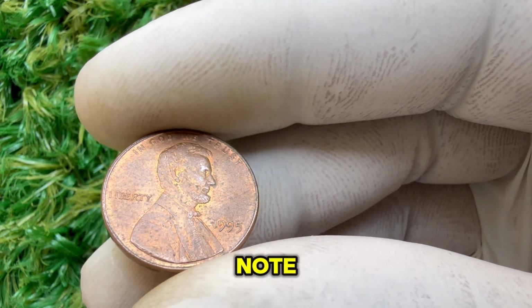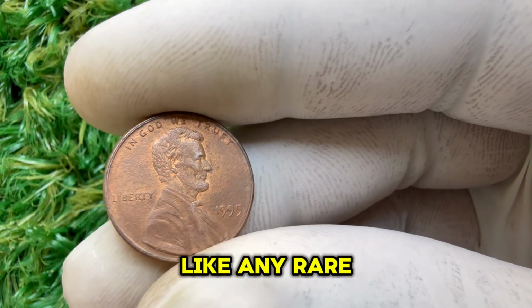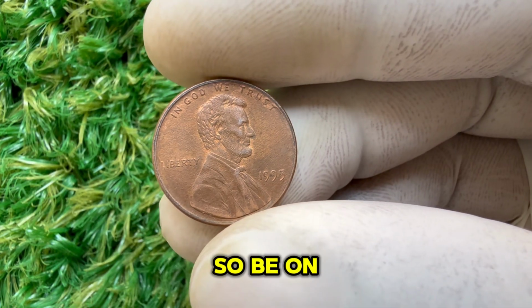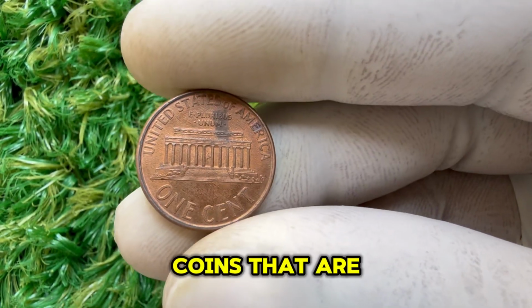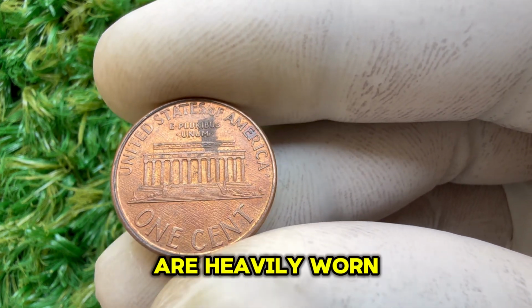It's important to note that this error doesn't always mean the coin will be worth a fortune. Like any rare coin, its value is also determined by its condition, so be on the lookout for one that is in good shape. The condition of the coin is key to determining its value. Coins that are in mint or near mint condition will fetch higher prices than those that are heavily worn or